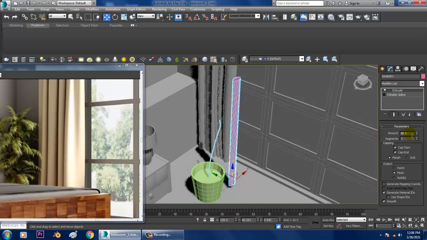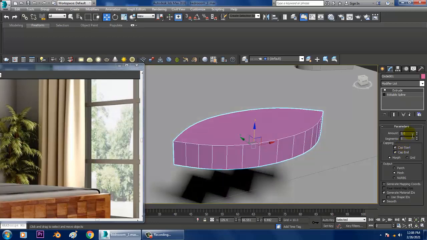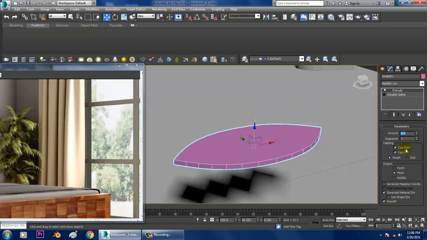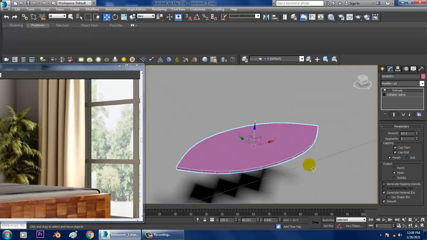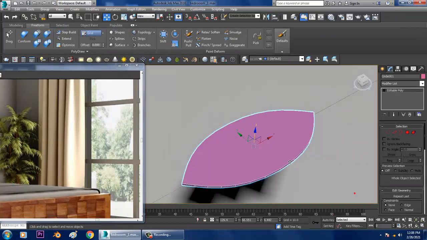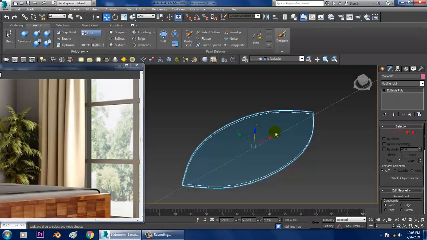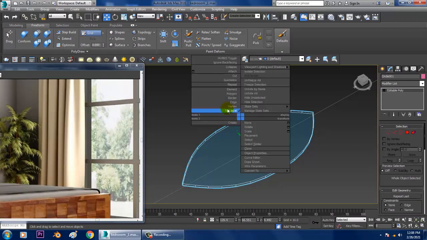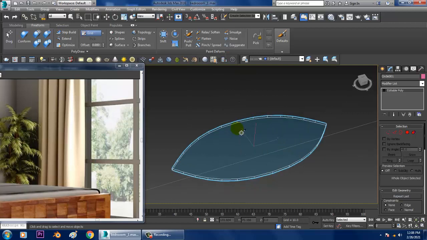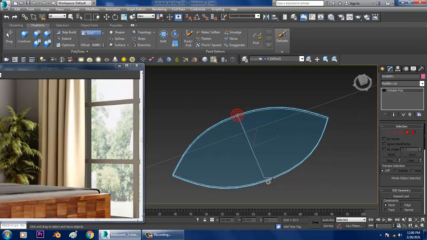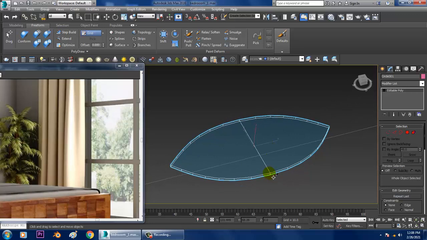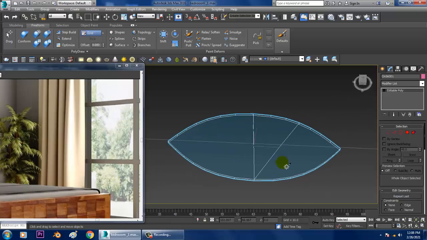So reduce the amount to 0.2 or 0.3. So we can also keep it to 0.1 over here and convert to editable poly. You can use a cut tool over here.